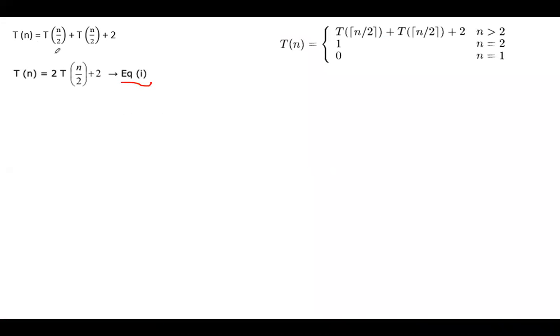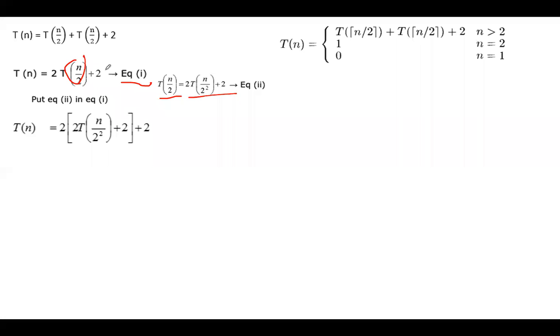Okay, we are starting with T(n), which is nothing but 2T(n/2) + 2. Next, we have to do substitution. In place of n/2, you have to substitute. That is, find out what T(n/2) is. T(n/2) is nothing but 2T(n/2^2) + 2. Okay, now you got T(n/2). Substitute this value, that is equation 2, in equation 1.